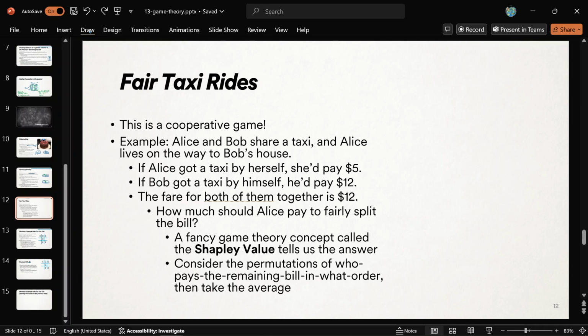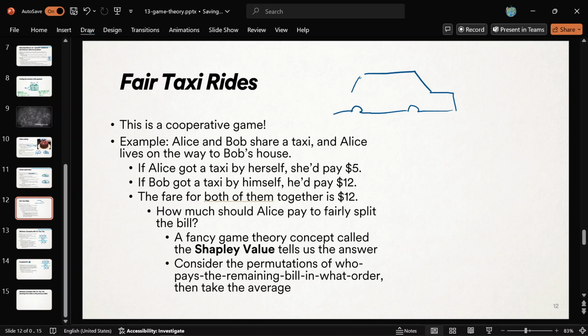Okay, so this is going to be a cooperative game because two people are going to cooperate on the taxi and pay for it. And here's the setup. All right, here's why you would want to share a taxi with somebody. It's because somebody else lives on the way. Okay, so let's say that we got two people, person A, person B. We call them Alice and Bob in computer science a lot. So Alice and Bob, let's say that they share a taxi, and here's my best drawing of a taxi.